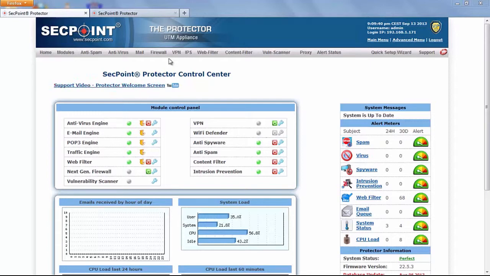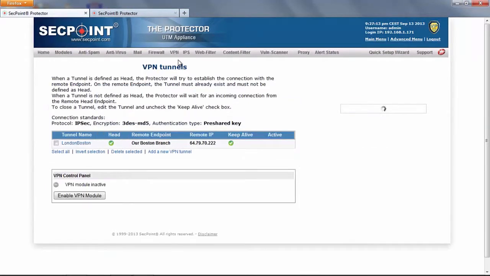is the VPN function. This new feature allows you to establish a VPN tunnel between two protector units. Through a VPN tunnel, the two subnets under the two protectors become visible to each other. If we want to create a tunnel, we can go here, VPN tunnels, and here we can see the main